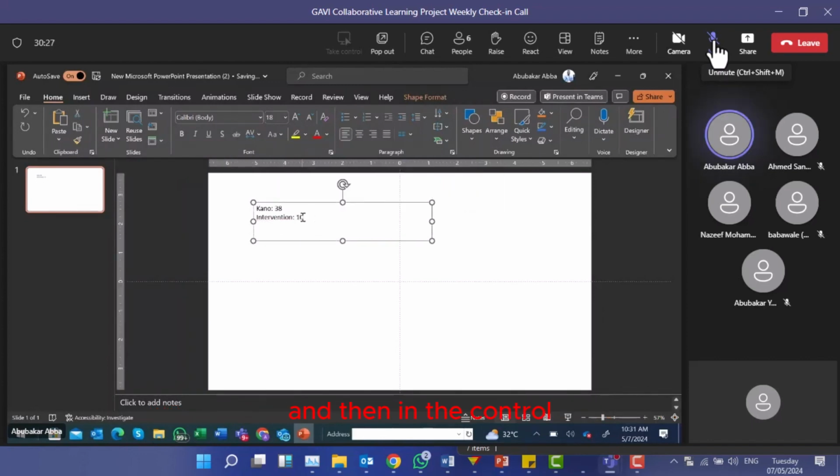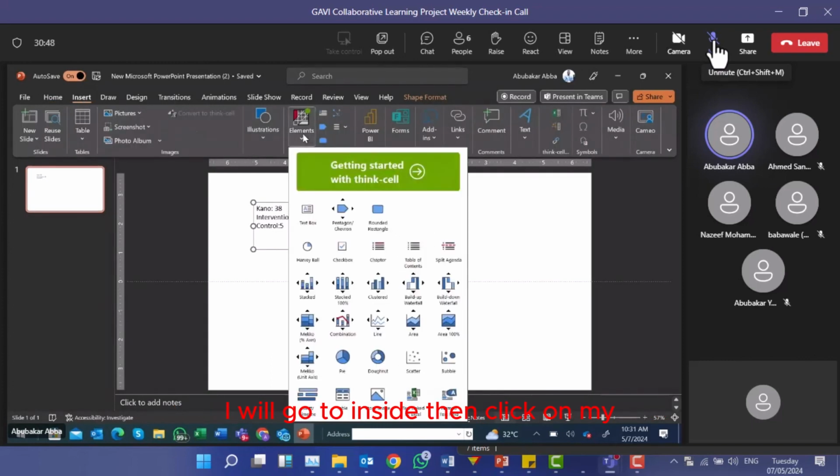And then in the control we have 5 facilities that are operating for 24 hours. So we want to input this in a bar chart. We want to see it as a bar chart. What do I do? I will go to Insert, then click on my